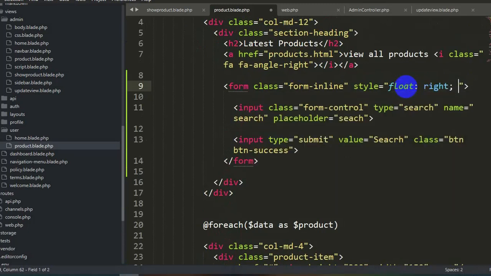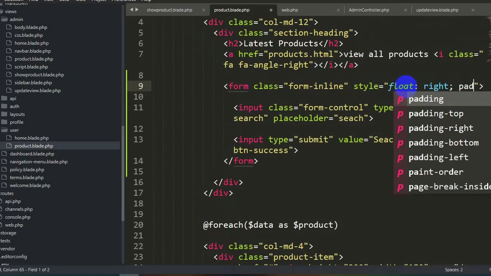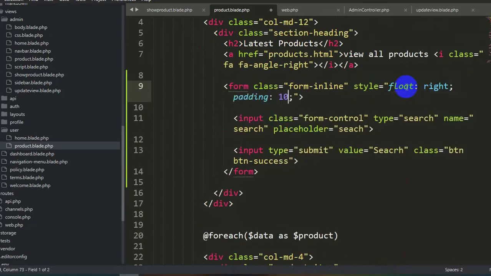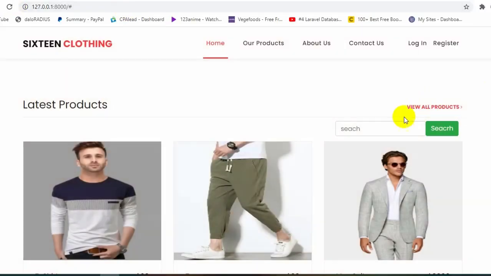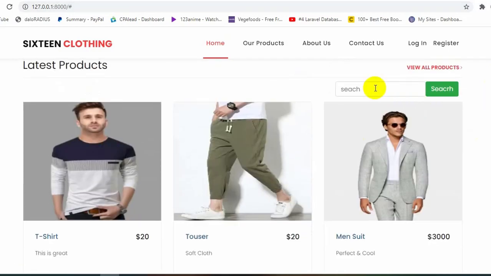And let's also add a padding, let's say 10px. So let's save it and refresh now. Over here you can see that we have the search bar on the right, and we'll search our product using the title.